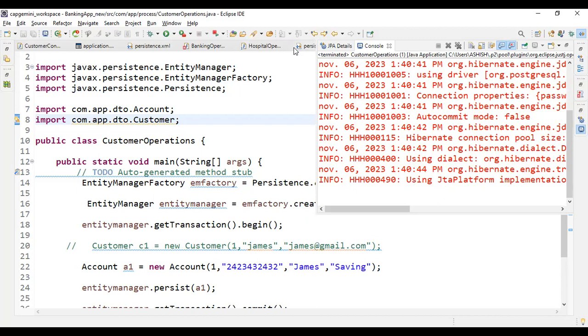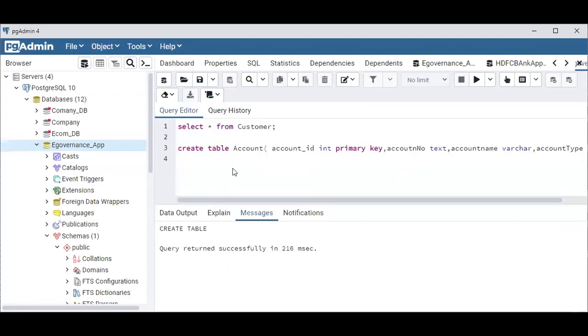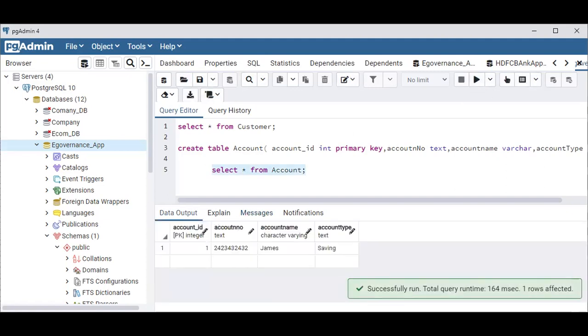Clear? Go to the database. Say select star from account. Data is coming here. Correct? So this way you can create a